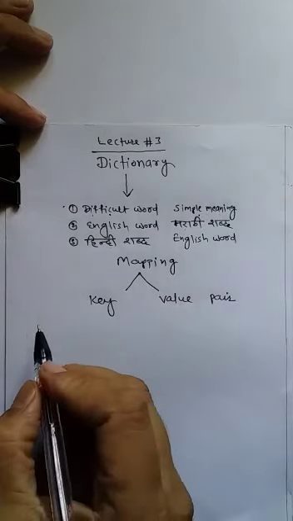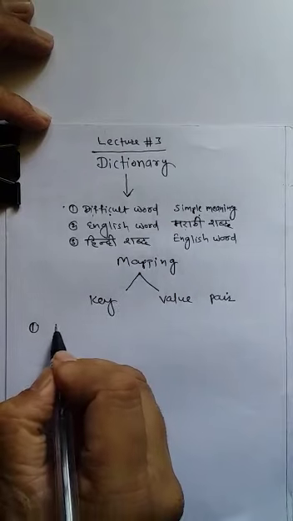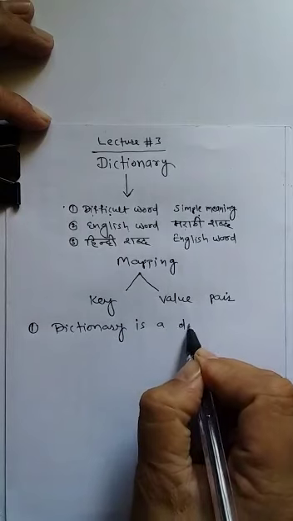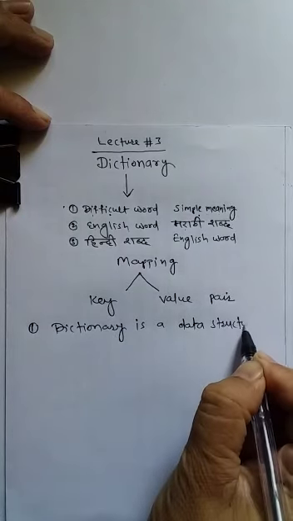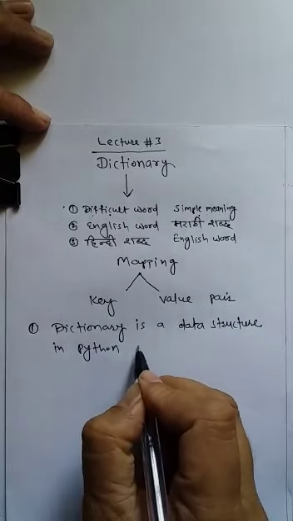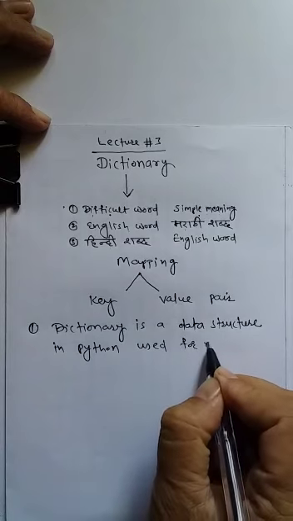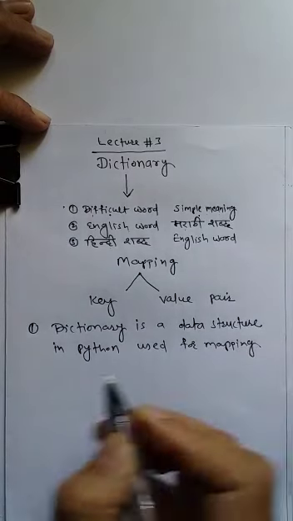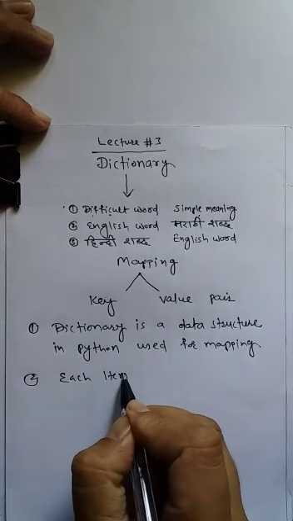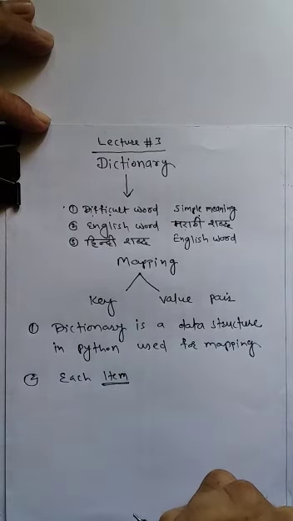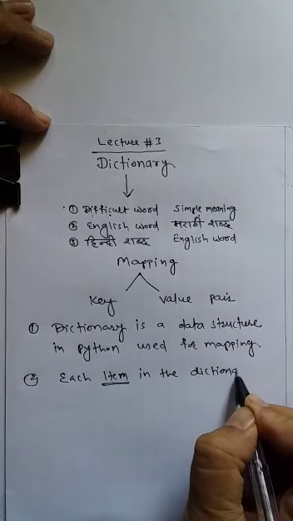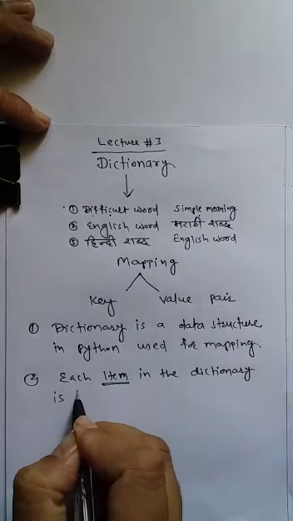So what can we say about dictionary now in Python when we are learning dictionary? The first thing is, dictionary is a data structure in Python used for mapping. Second, each item, that is each word in the dictionary, is in the form of